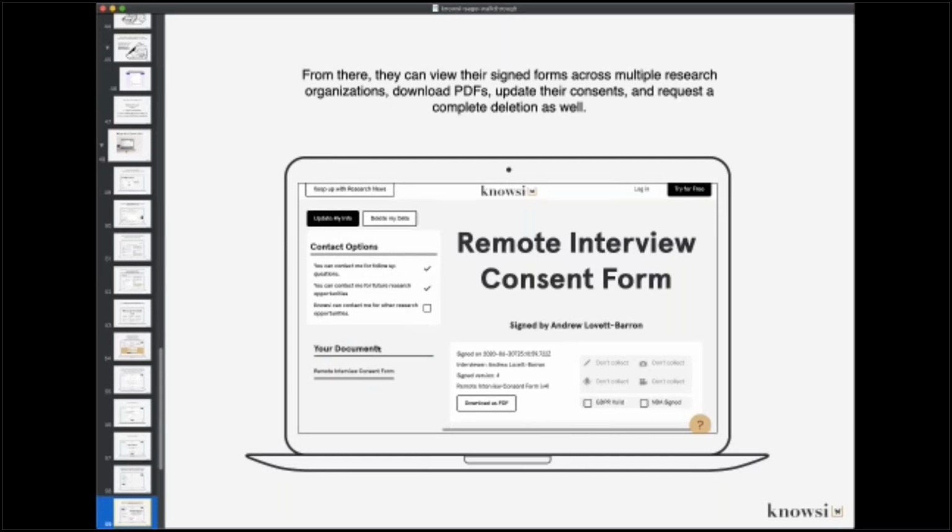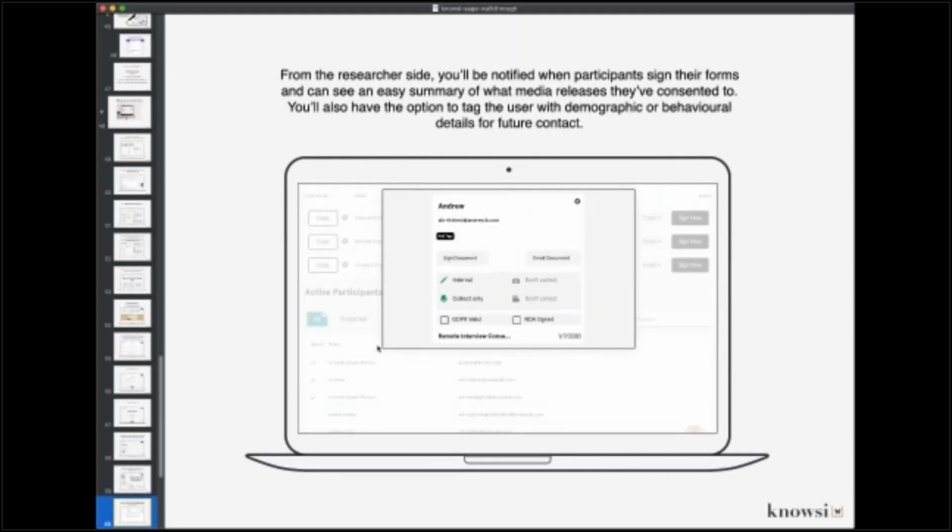And yeah, they can just generally see what they've signed, and then you receive a summary seeing what's there. There's also features to add tags to the participant just to help with organizing, or if you are speaking to a participant across several different projects or several different studies, tags are an easy mechanism to organize.